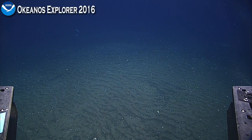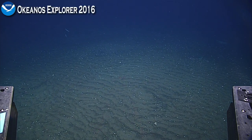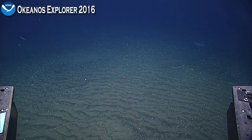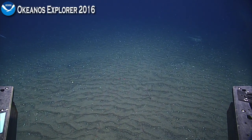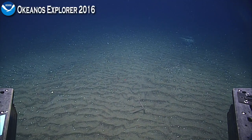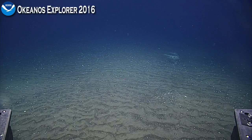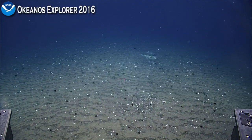So now we've moved to the outside of the crater. I can check with Watchlead, but if you want to come down into an area for now, then I'll see if they want to move up to the top of this point, where there are lots of crinoids, sea pens, and other interesting biology on this sedimented seafloor. We did see some shimmering water earlier. We're not sure whether that's just a temperature